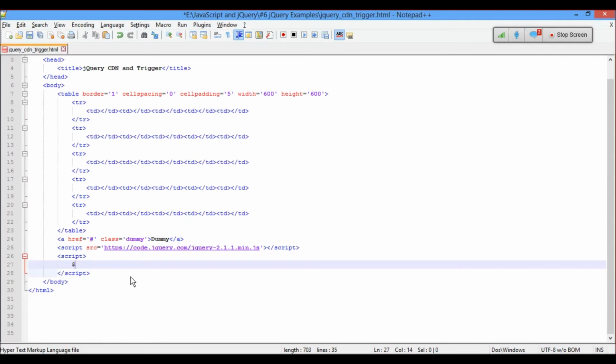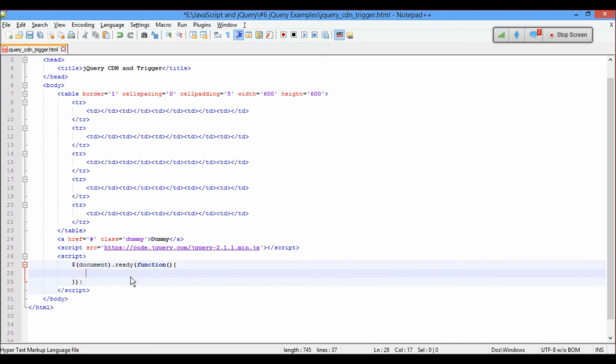So here $(document).ready, if you guys can remember, document.ready, inside which a function, inside I have to write. So I'll use $('td').mouseover, now function.